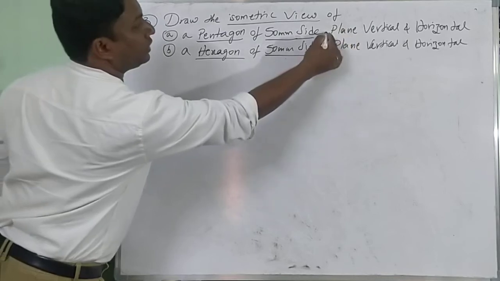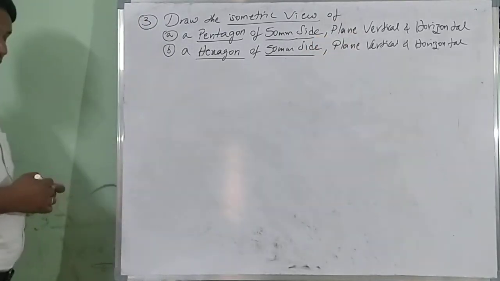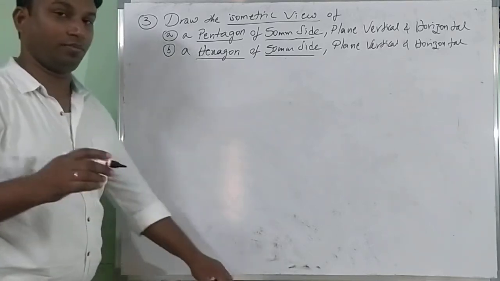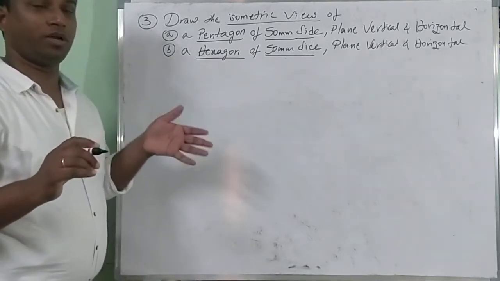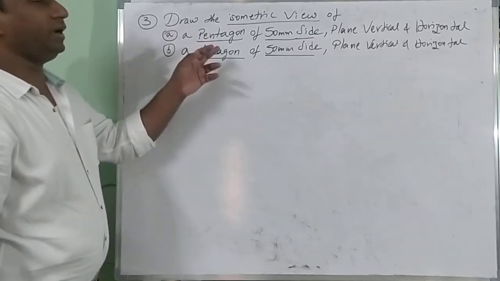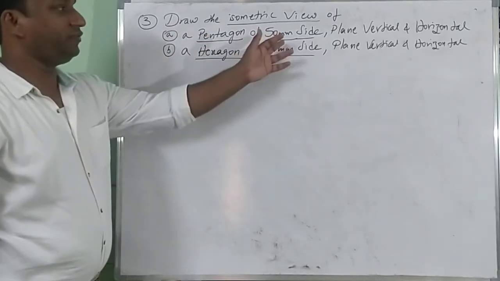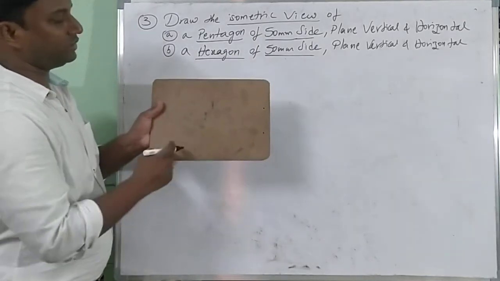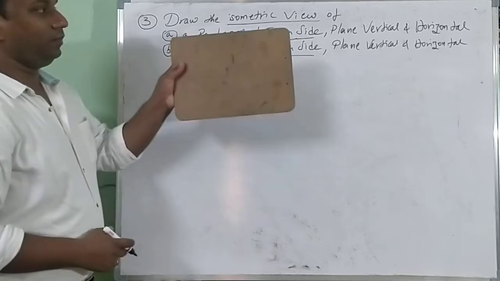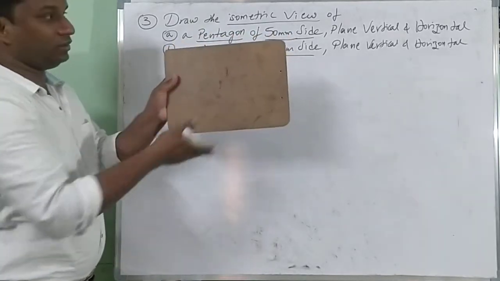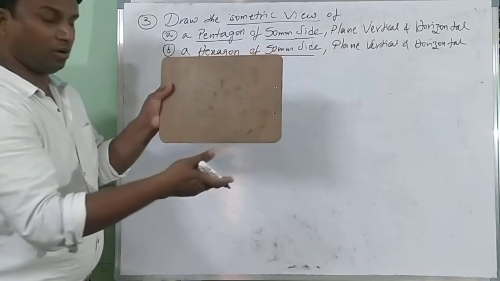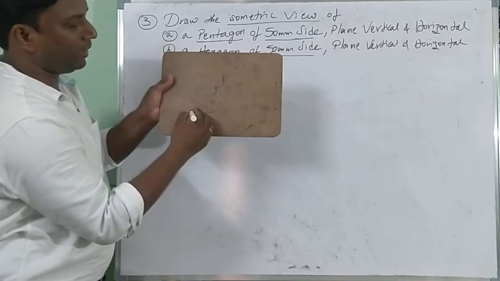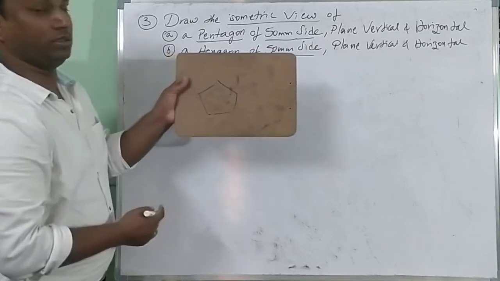Now, continued with that, plane, vertical and horizontal. That's the condition for how you have to use the original plane, projection of a plane, isometric projection of planes. Pentagon, you know, has 5 sides, right, of 50 mm side, plane vertical and horizontal. If this is a pentagon, you can assume a shape of pentagon, plane vertical and horizontal. This is your horizontal. Here you are supposed to consider the plane as vertical like this.